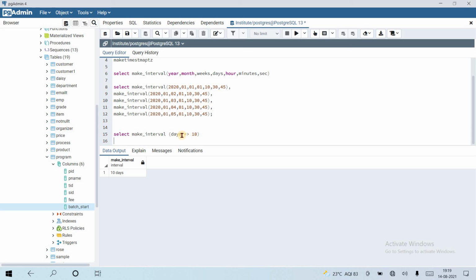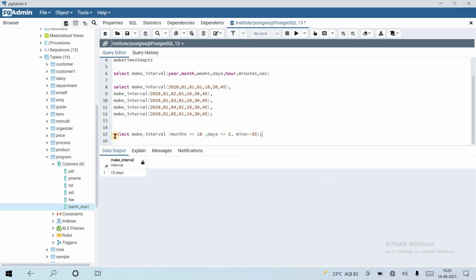Suppose let's try with months 10 and comma days 2, and after that minutes 35.